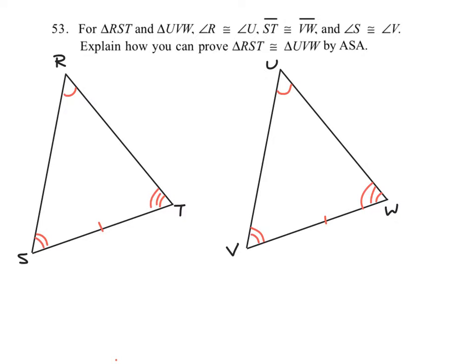And by doing that, by determining that angle T is congruent to angle W, we now have angle side angle congruence. Again, you already had it through angle angle side with the information given, but they wanted you to use angle side angle, so using the third angles theorem demonstrates that these two angles are congruent and therefore angle side angle as